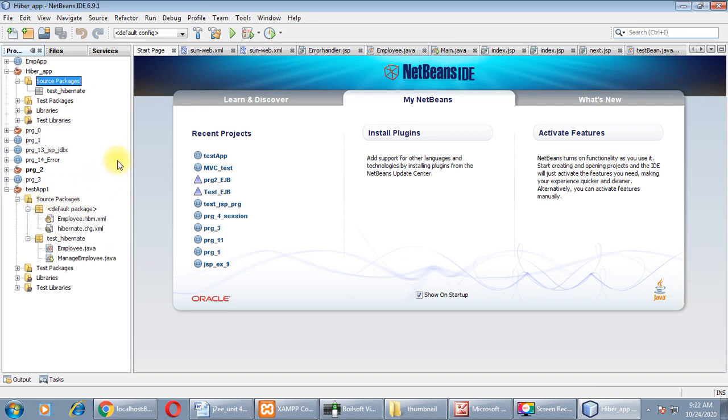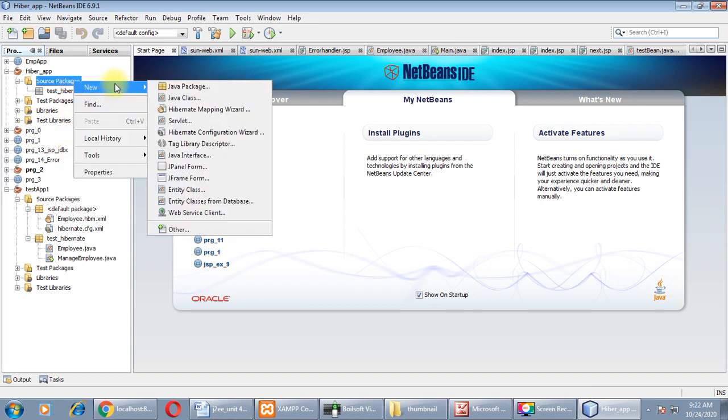First of all, you have to create your configuration file and Hibernate mapping file. So how to create a configuration file, that I am going to show you. For that, right click on the source package, click on New, and you can see here the Hibernate Configuration Wizard is available. If you don't have the Hibernate Configuration Wizard available in this list, then click on Others.